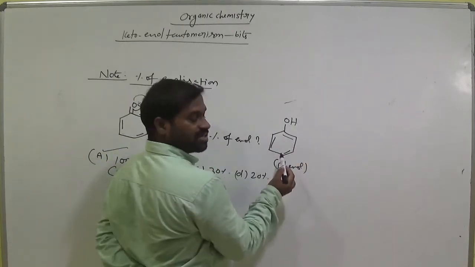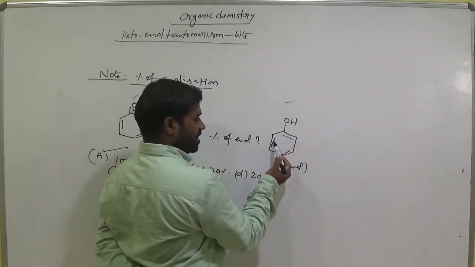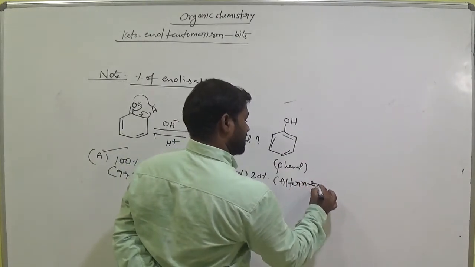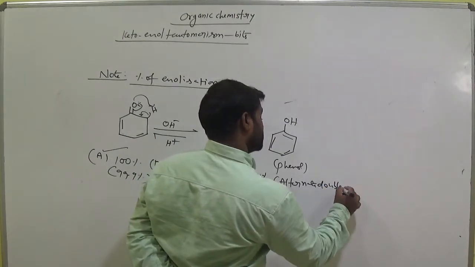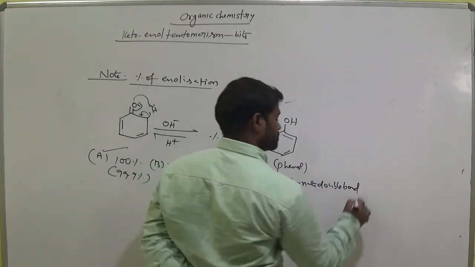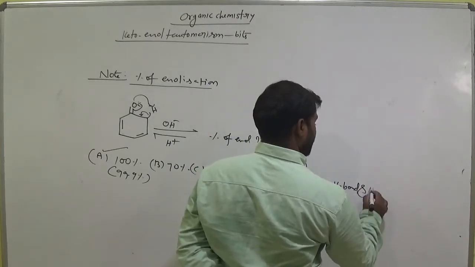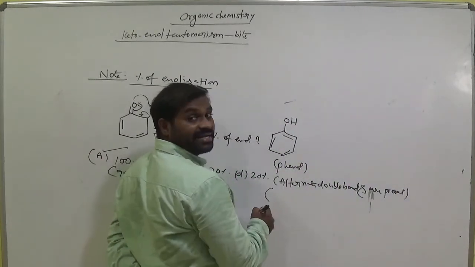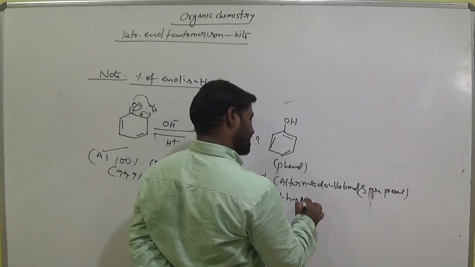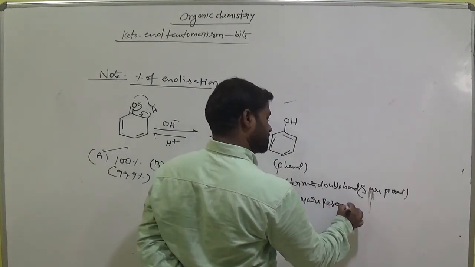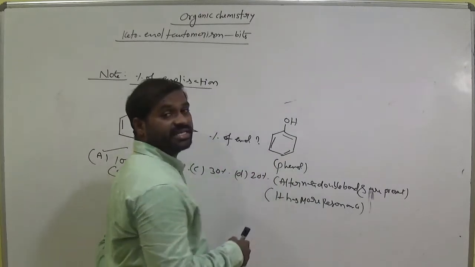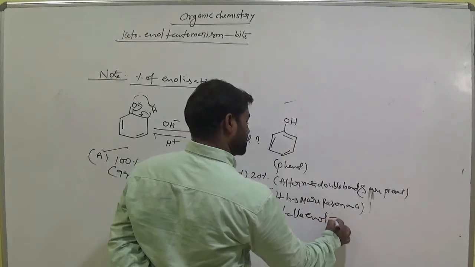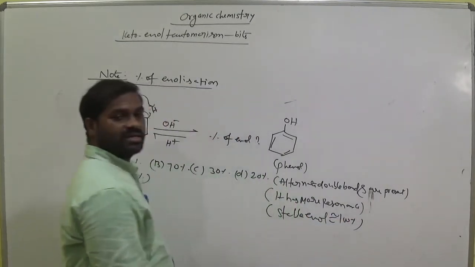Alternate double bonds are here or not? Double bond, single bond, double bond, single bond, double bond. Alternate double bonds are there. So alternate double bonds are present. So it has more resonance. When alternate double bonds are there, we call it resonance. So it is a more stable enol. Stable enol, that is almost 100%. Okay, clear, ma?